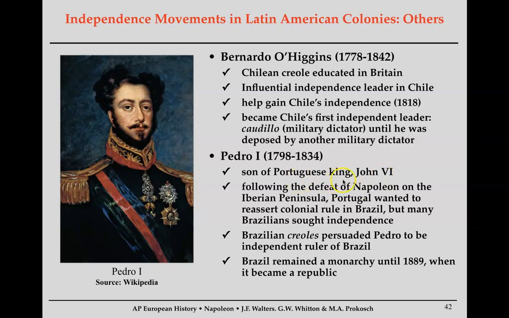Well, the son of the Portuguese king, who was John VI, is going to stay in Brazil and actually rebel against his father. And he will eventually become the first king of Brazil as Pedro I. So I kind of like that idea. His father goes back to Portugal, Pedro stays, and he really starts the revolution against Portugal. And Brazil will be a monarchy until the very end of the 19th century when they actually create a republic. So that's the general timeline of Brazilian history for you.